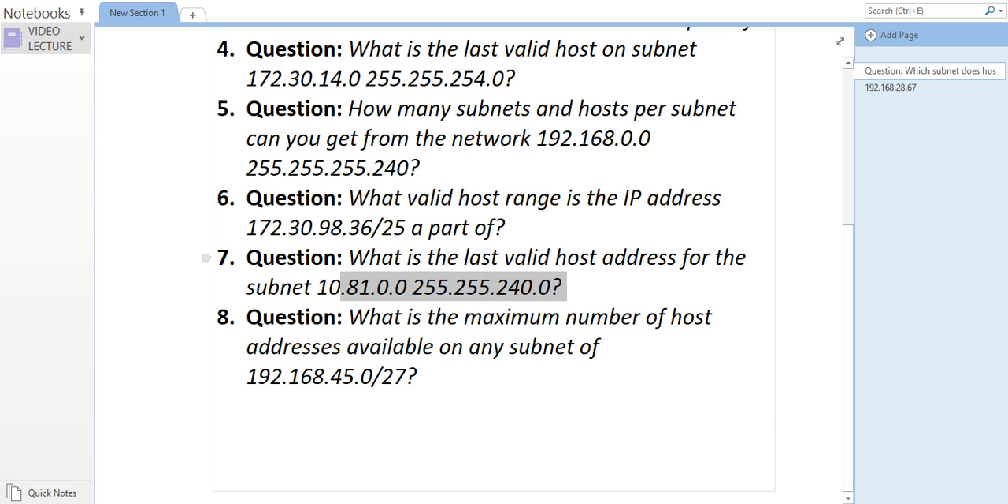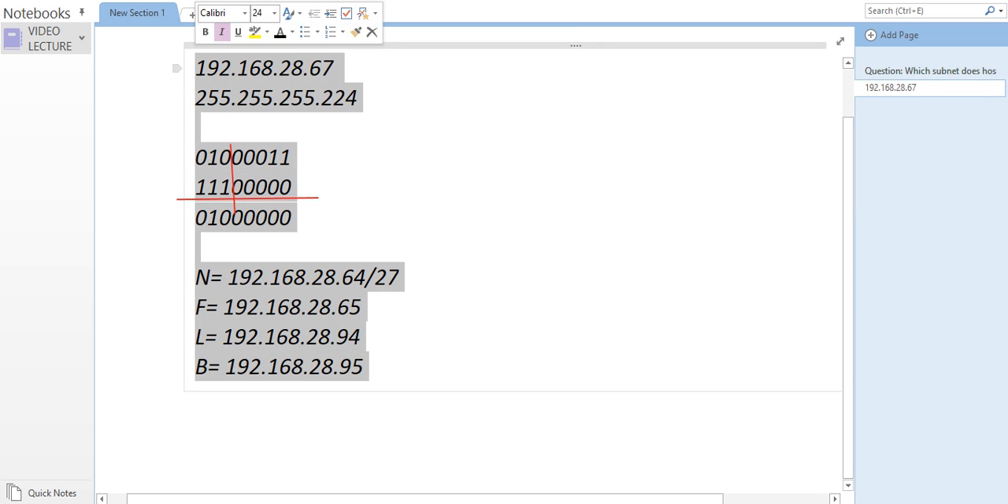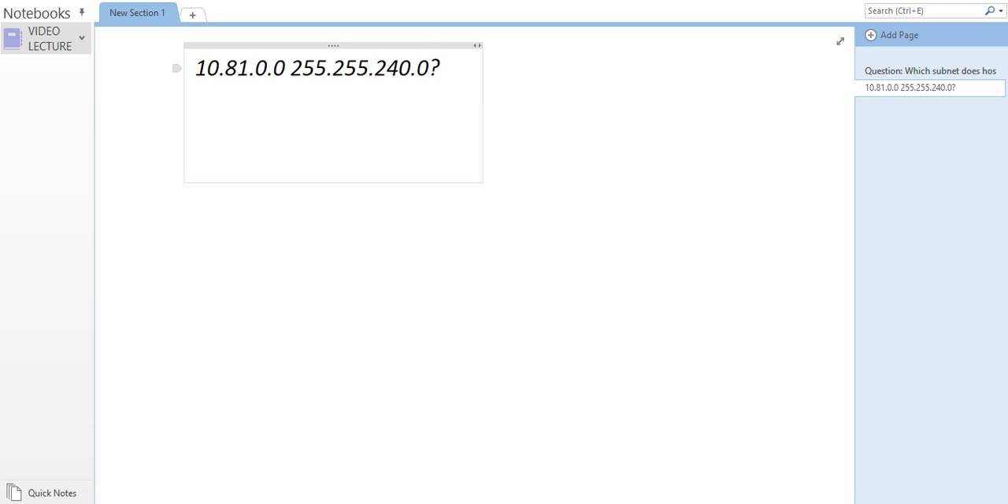So I'm going to do this one. The last valid host address. Your question must always be like that. What is the last valid host address on this subnet? The last valid host address on this network. So the answer is,